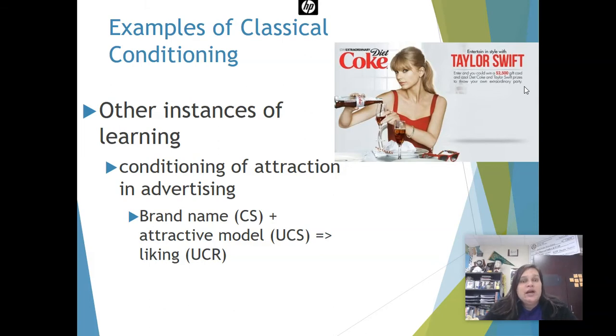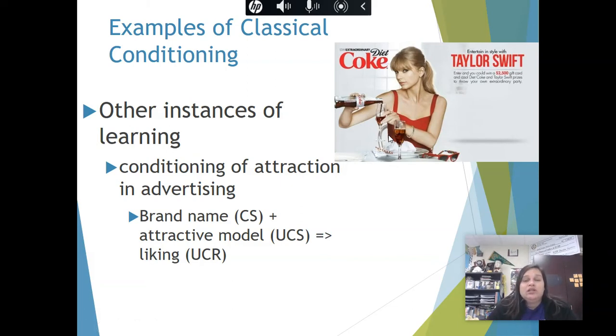We know that he was run out of psychology for having an affair with his research assistant, and he went into the field of advertising. So he brought a lot of these behaviorist and classical conditioning principles to advertising. But so often, companies are going to link their brand name with a celebrity, with the celebrity being the unconditioned stimulus. Maybe you already like Taylor Swift and Diet Coke was neutral to you, but you pair those together, you like Taylor Swift, oh, okay, maybe I'll try Diet Coke.